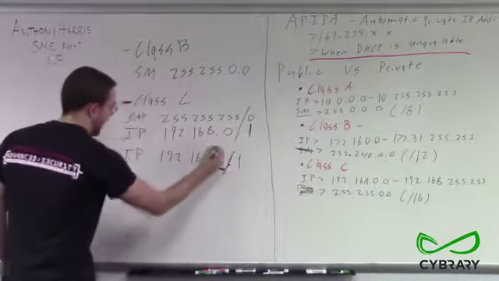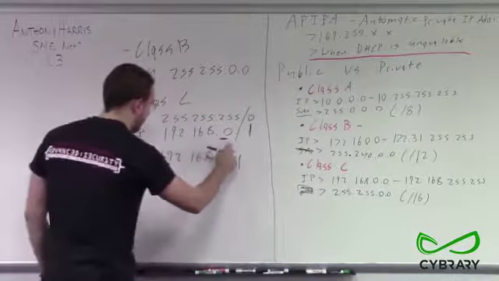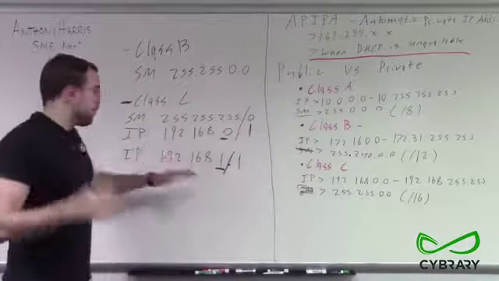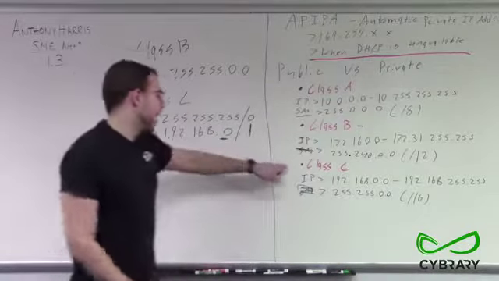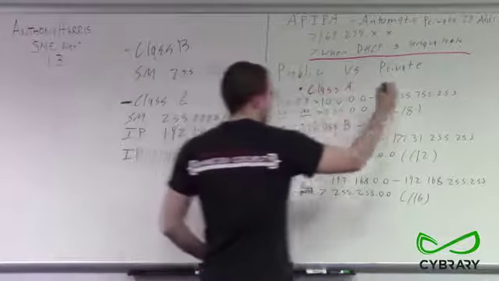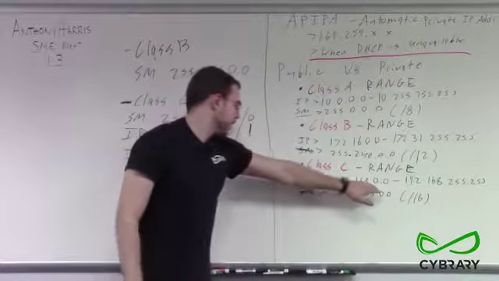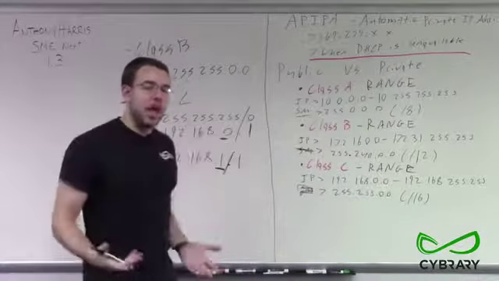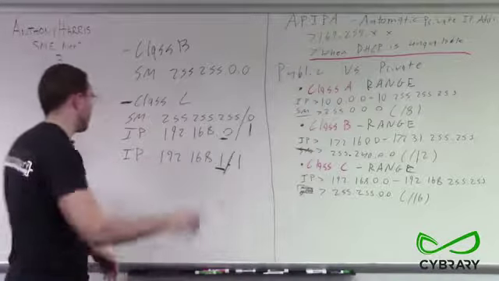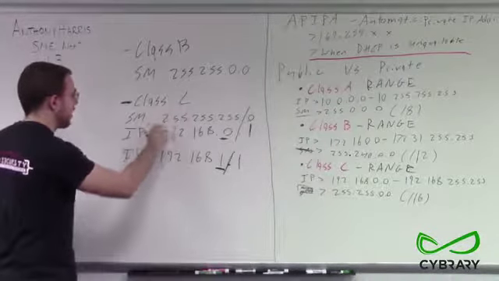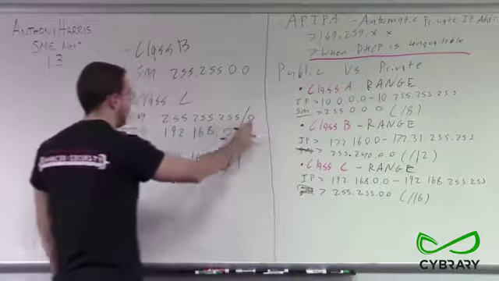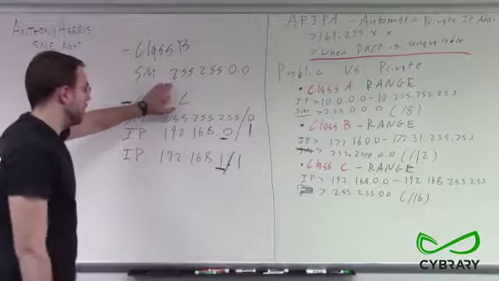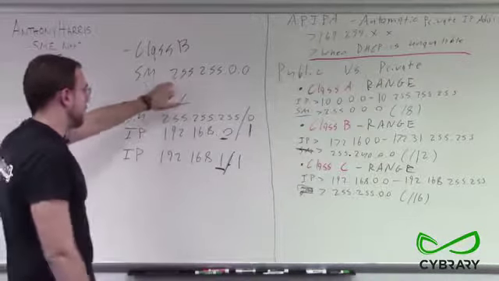We see we have a different network ID. 192.168.0 is a different network than 192.168.1. These are still both private addresses though, because our Class C private address range includes both our .0 and our .1. But when we're actually doing our addressing and setting up our networks, we're going to be using for our Class C a subnet mask of 255.255.255.0. And for our Class B networks, we're going to be using a subnet mask by default of